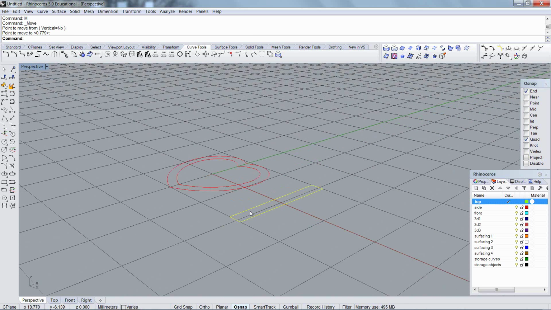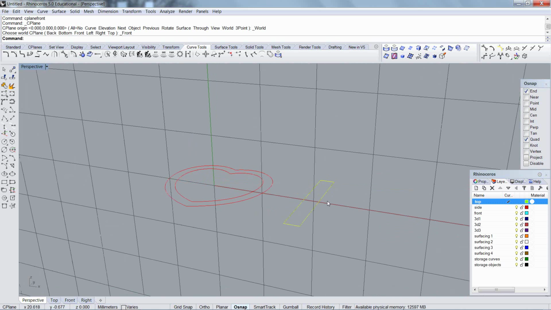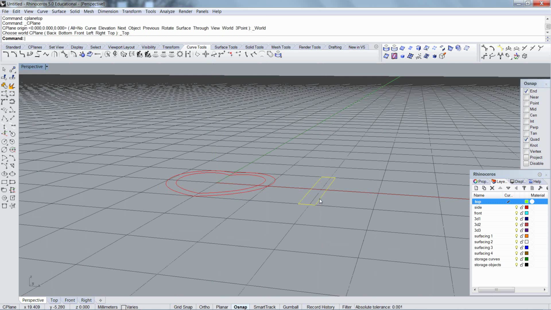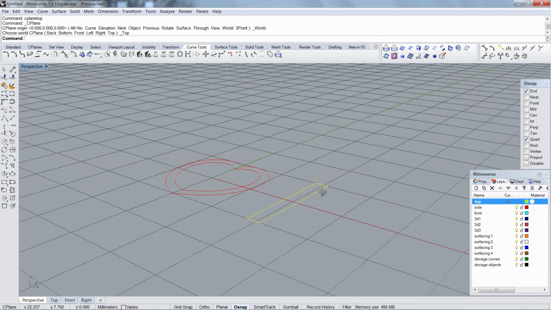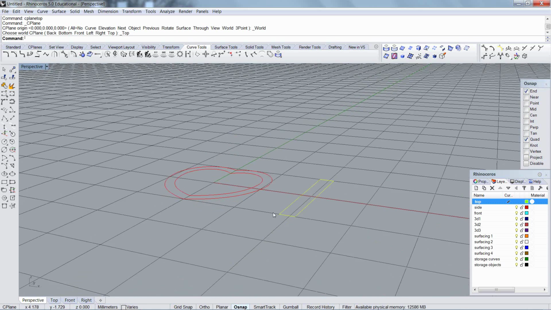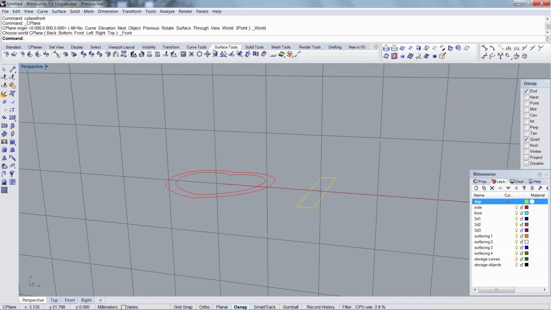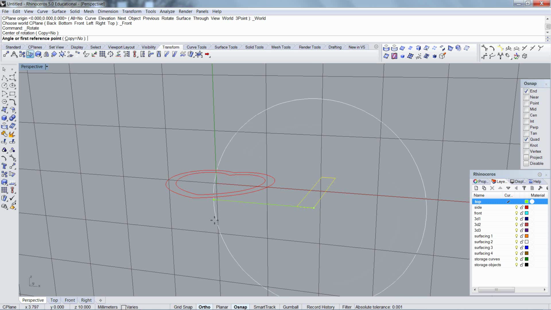Going into perspective viewport, I'm going to rotate this so that it is standing upright, because I want to put it in a position. What I'm going to try and do here is to turn this upward and bring it into the center so I can use it as a direct reference for my maquette. So the first step is to rotate it from the front view and snap, hold shift key,